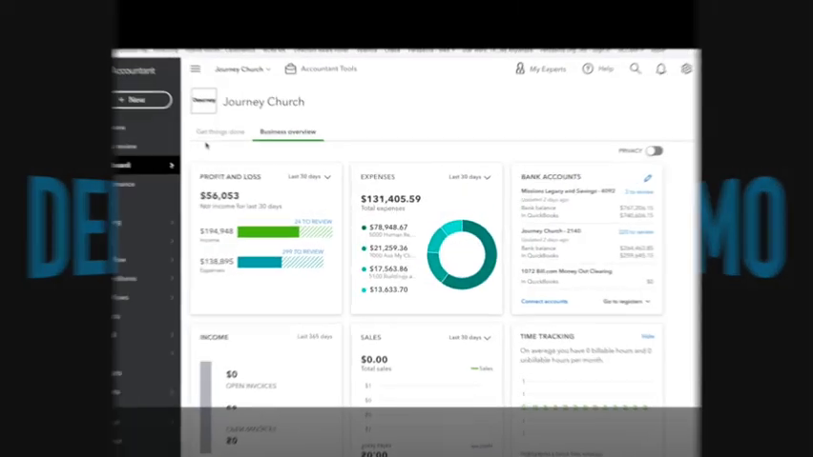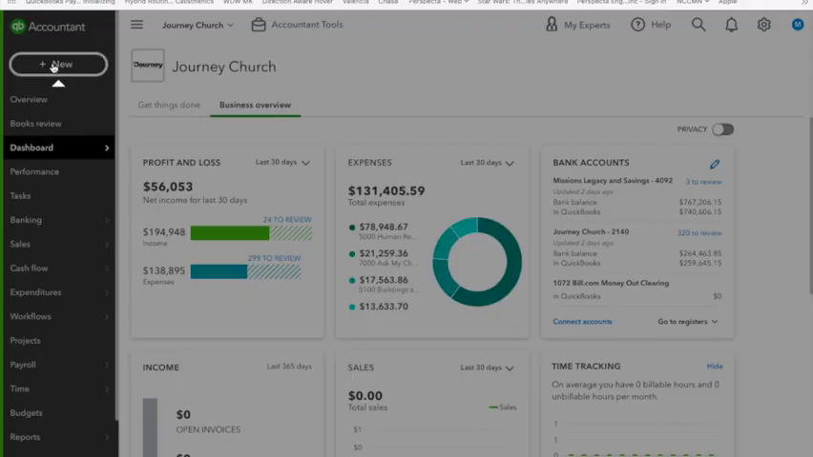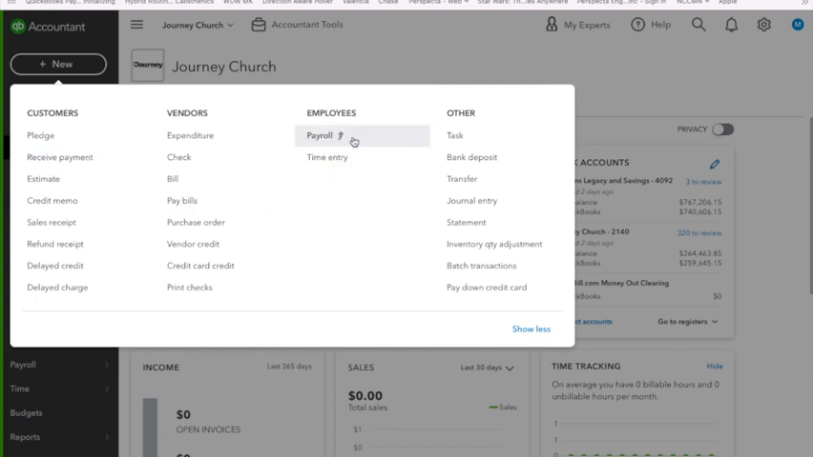We're back in the dashboard here for Journey Church, and what I'd like you to see now is a feature, one of the buttons on the menu, which is called the New button. This New button over here allows us to create transactions directly. For example, if I wanted to create a deposit manually, let's just say on a Sunday we have a deposit and we're about to make it to the bank. Before we leave, we can go to New,